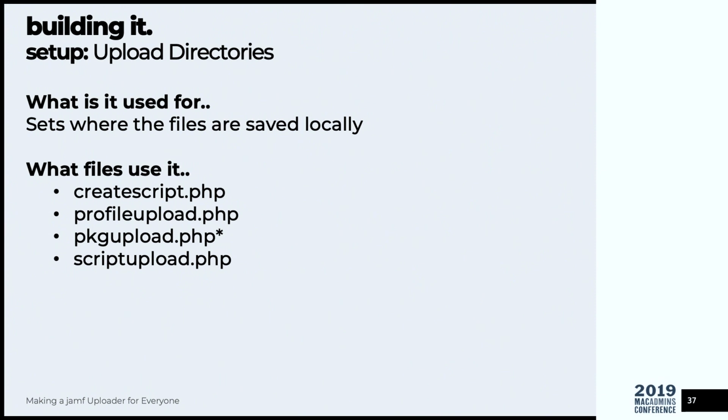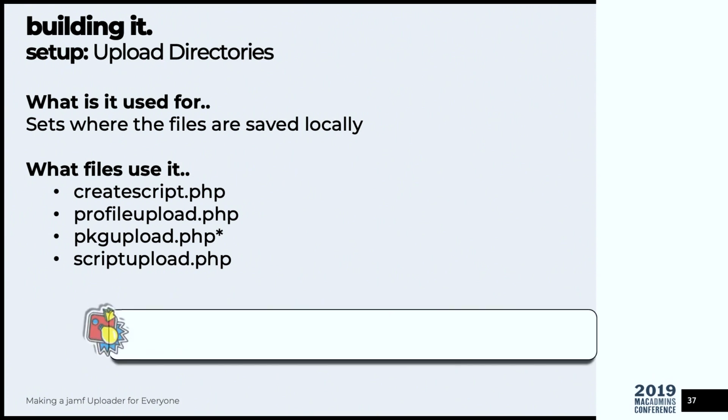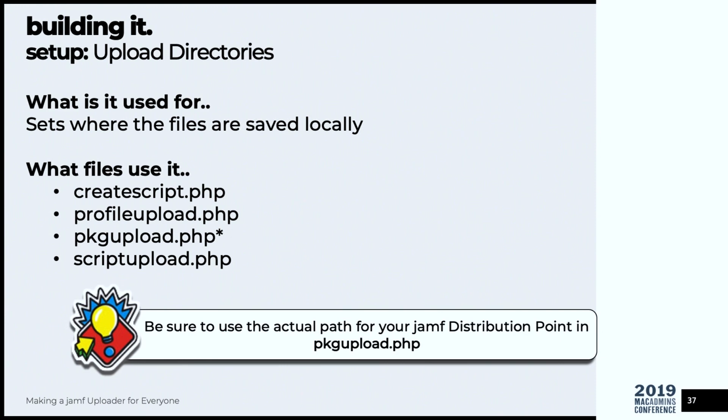So what's next? Upload directories. Well, what does this mean? Well, pretty much it sets where the files are being saved locally. And we don't have as many files using it, or as many pages using it, but these 4 pages will use these upload directories. And if you notice, when we were doing the directory prep, we made packages, scripts, and profiles. I don't like to touch things that are in production. I'd rather copy things to a temporary place,